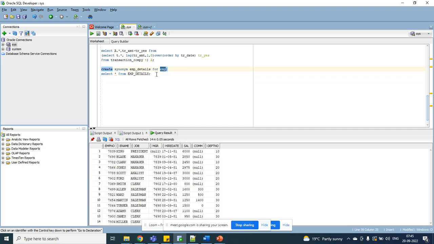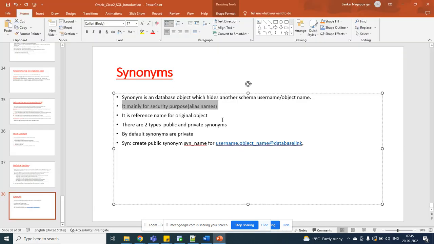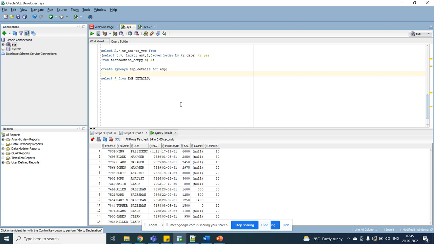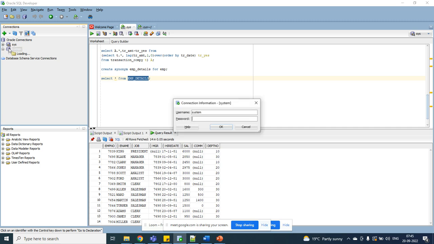You can get the data with both the names, employee and employee details. Means we are using it as an alias name. By default it will be public; I am using the sys user. If I want to check the data in the system user, I cannot get it with the